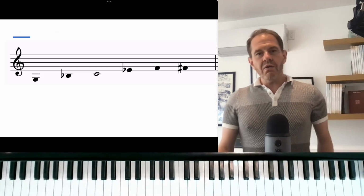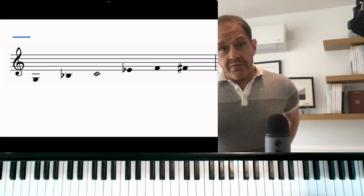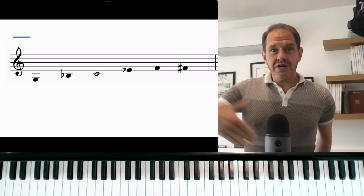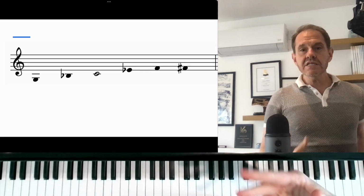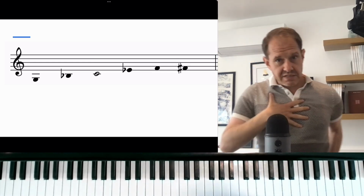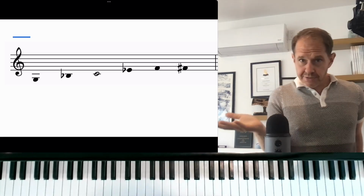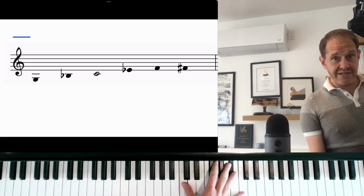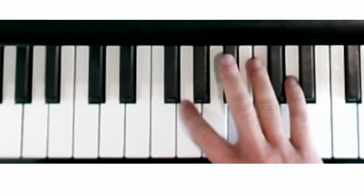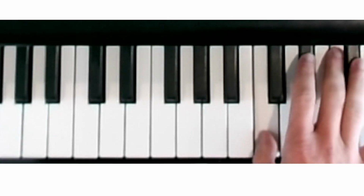And let me show you how I might present the blues scale if we were going to go on to a next step. Instead of having just a scale starting on the tonic and moving up from that, this is the C blues scale, but I'm showing the student and myself what I can reach in a single hand position. By hand position, I mean I'm keeping my thumb planted on C, and then from there, I can reach down to B flat and G, and I can reach up,